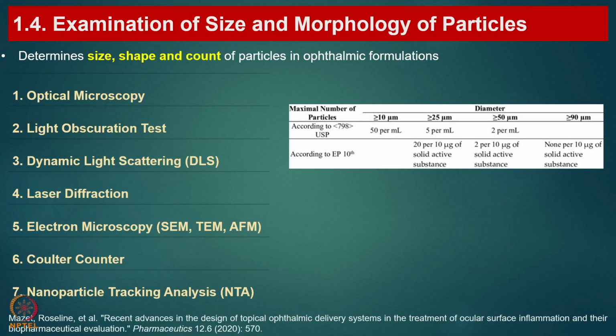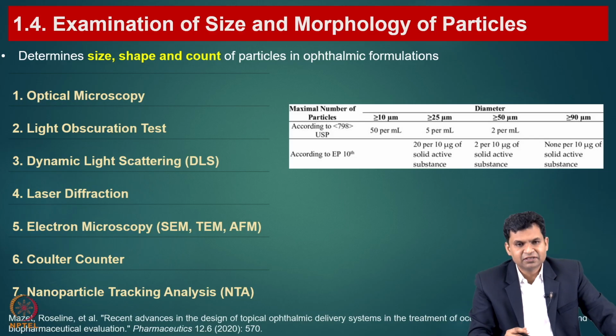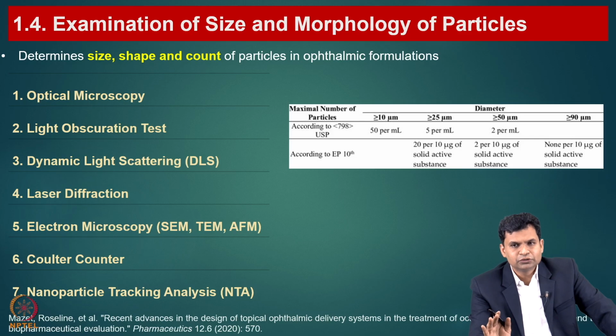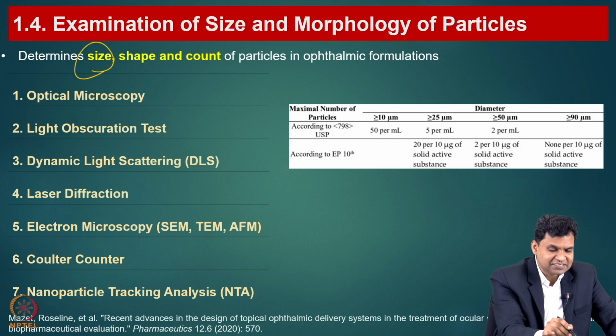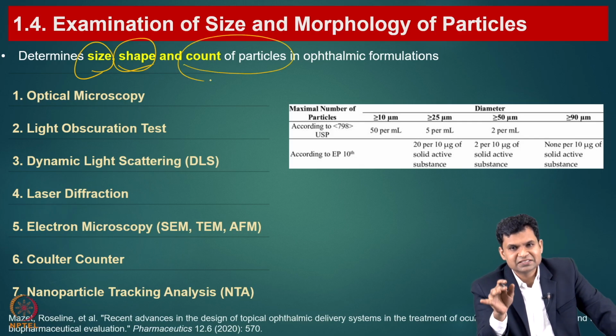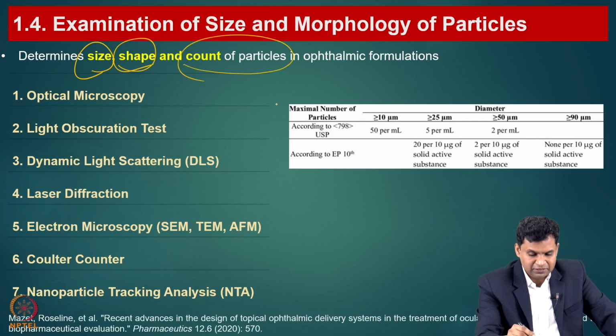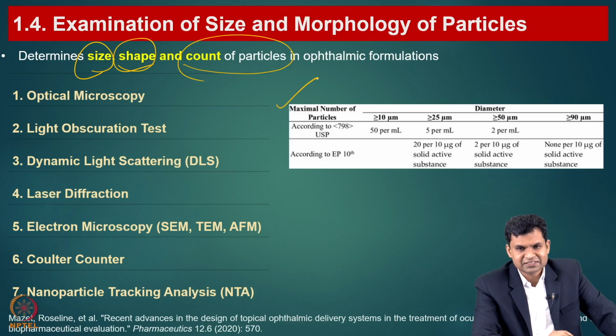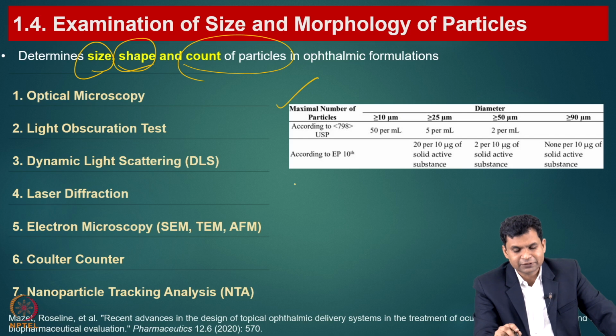The fourth one is examination of size and morphology of particles. A few studies we have already discussed in the case of nano formulations. The main goal here is to understand the size, the shape and the number of particles, which is very important, because the pharmacopoeia guidelines suggest that for various types of ophthalmic formulations, if the particle size is greater than 10 micrometer, the limit is 50 particles